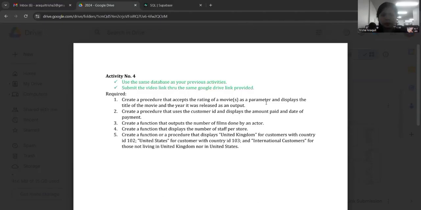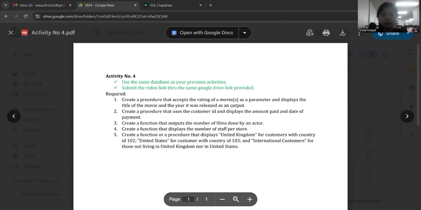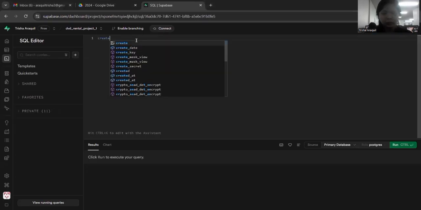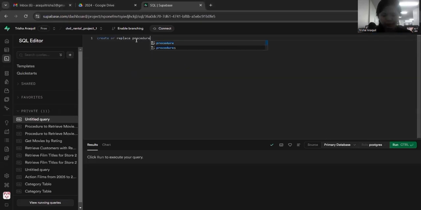So for number 1, create a procedure that accepts the rating of a movie as a parameter and displays the title of the movie and the year it was released as an output. So first, we have to put CREATE OR REPLACE PROCEDURE get_movie_by_rating, parenthesis p_rating text, then LANGUAGE plpgsql